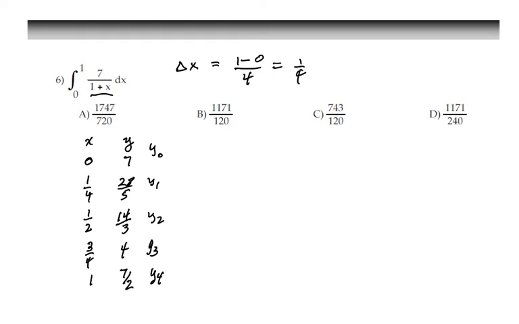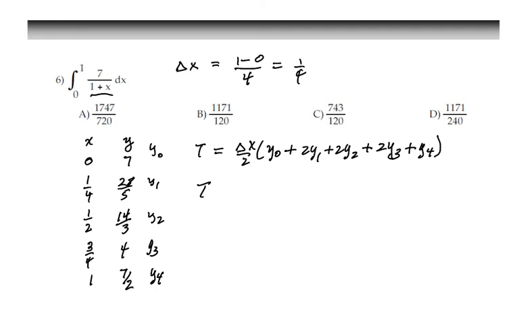And then the area T would be delta x over 2 times (y0 plus 2y1 plus 2y2 plus 2y3 plus y4), and plugging in, we get